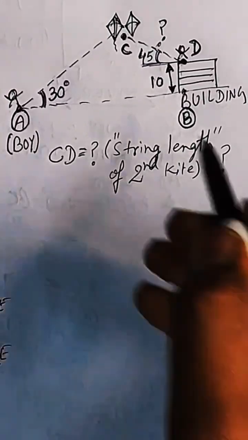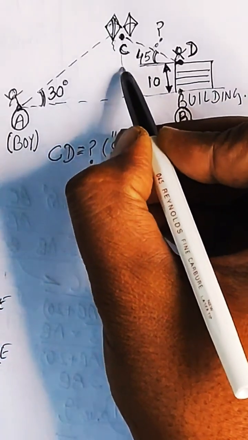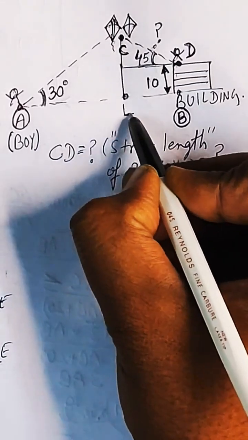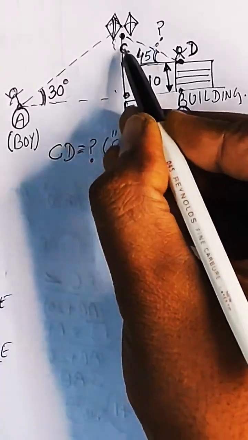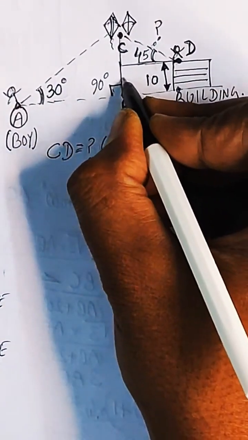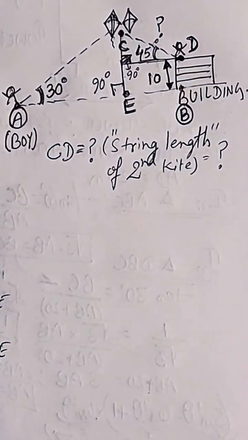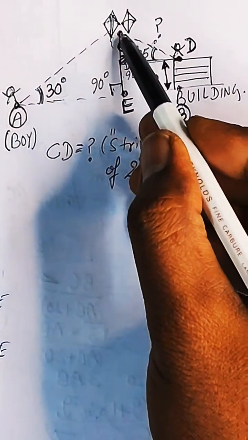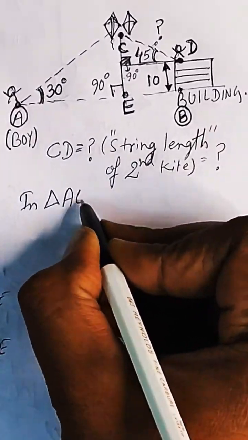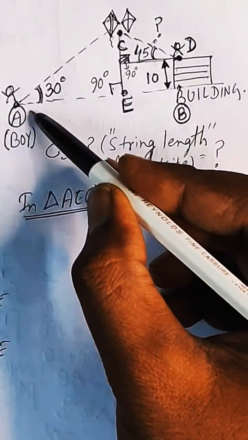So here what we can do: if this is C where the kites are meeting, just drop a perpendicular from C to this point on the ground. Let us say this point is E. If this is perpendicular, this angle will be 90 degree, isn't it? So what we are going to do, my dear friend, is consider the right angle triangle AEC. In the right triangle AEC, the bigger one, the first kite, which is making a triangle with the first boy,